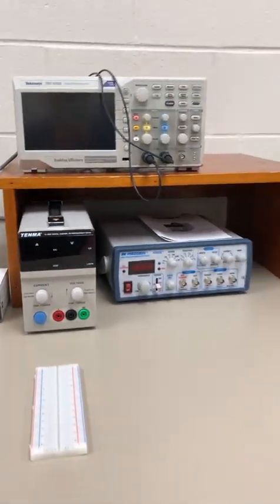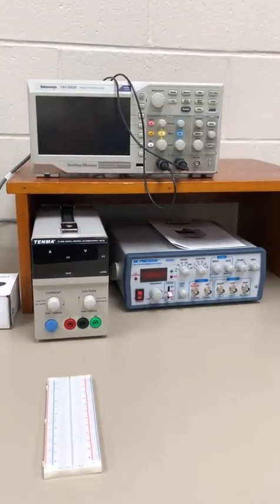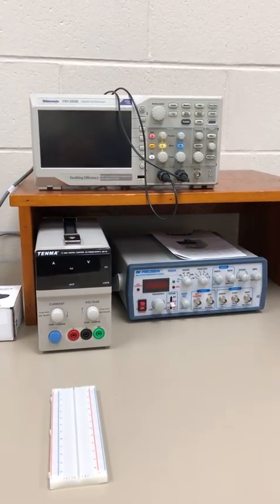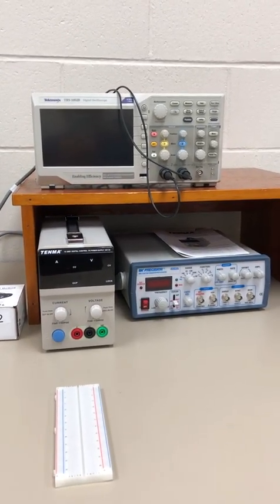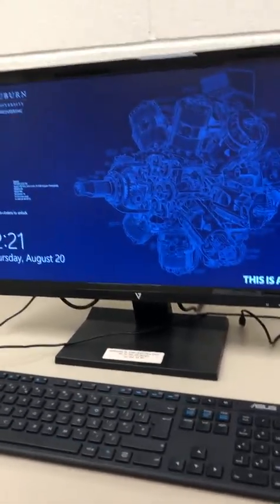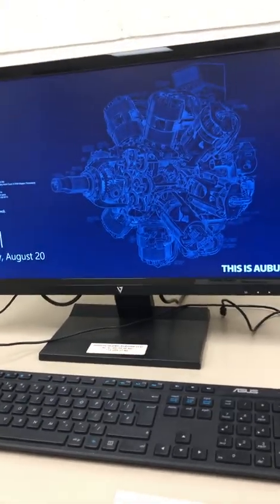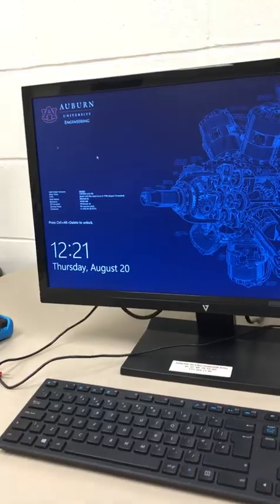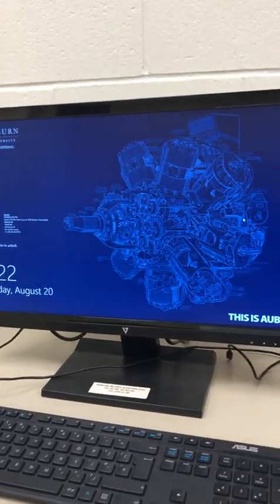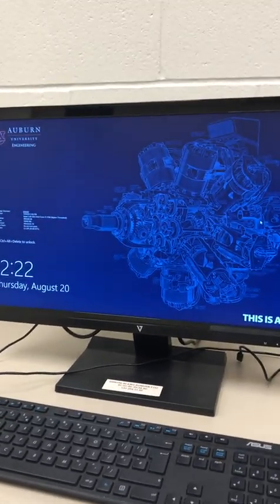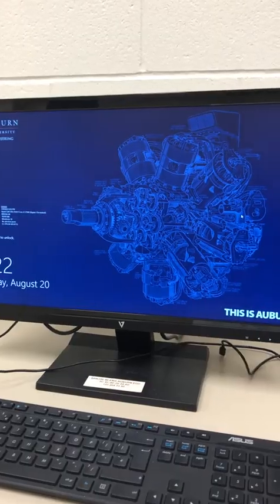Okay, so first, I'm going to introduce you to each of the pieces of equipment that you're going to be using. The first one you're already familiar with, which is a computer. We have a computer at every workstation, and what you're going to do is log into that computer so you can access the files you need and record your data and so forth